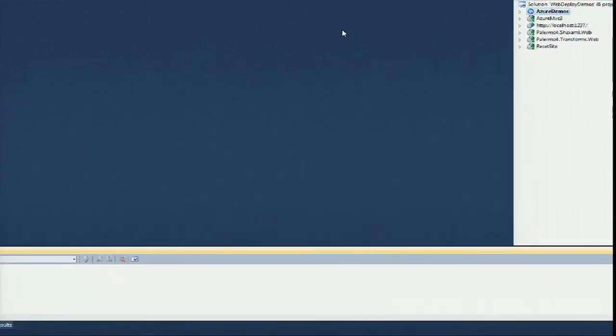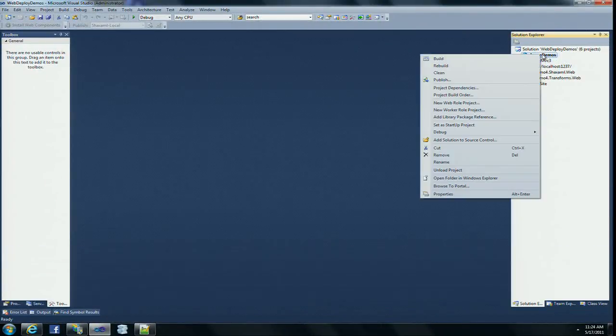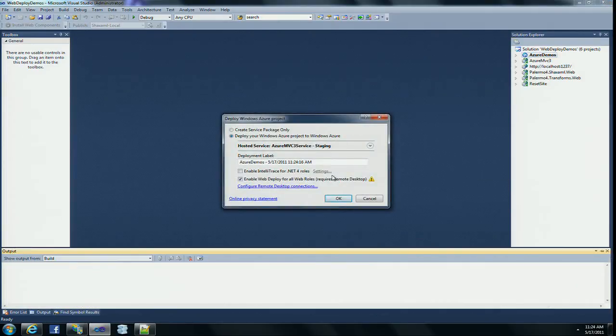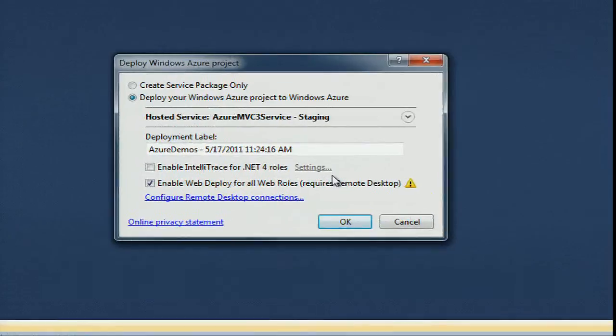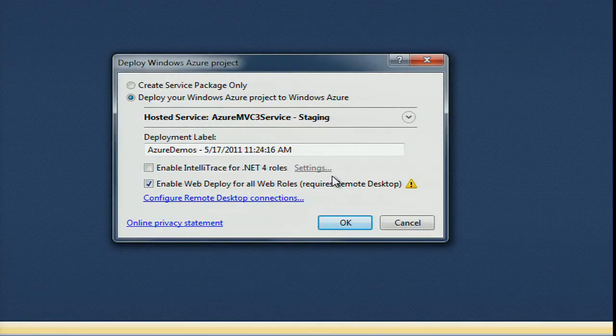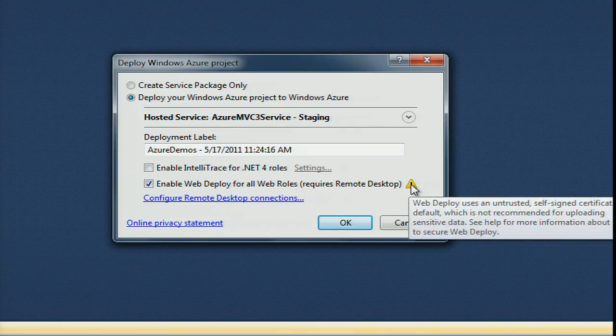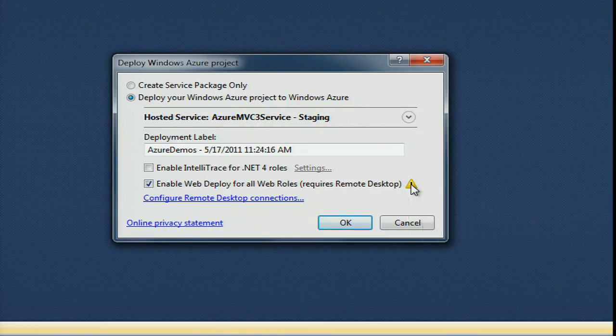Actually, can you bring that screen back up for a second? We've got a question about security. And the question you might be thinking is, if somebody finds my endpoint, can just anybody web deploy to my production environment? And you'll notice there's a little triangular caution sign there. Web deploy to Azure is only available if you enable RDP, and enabling RDP requires local and remote certificate signing. There's an easy white paper we've got linked in the blog post